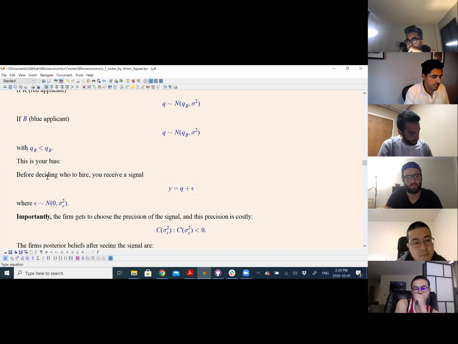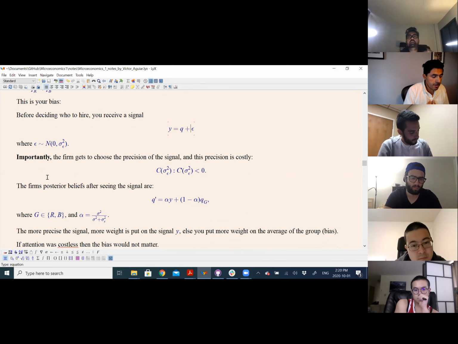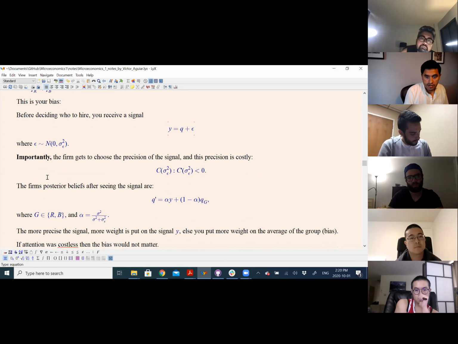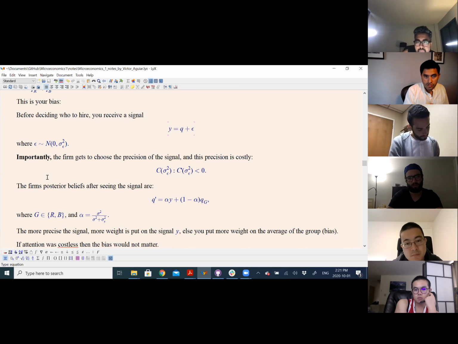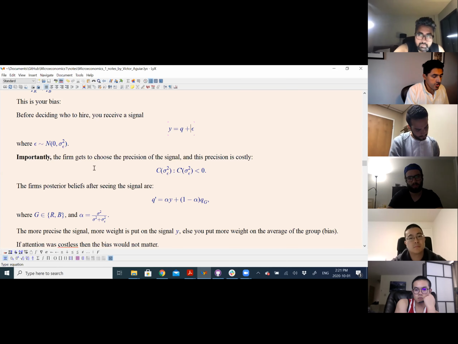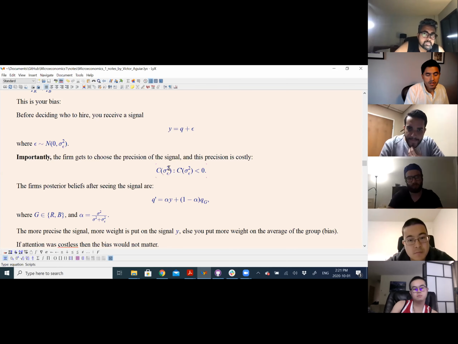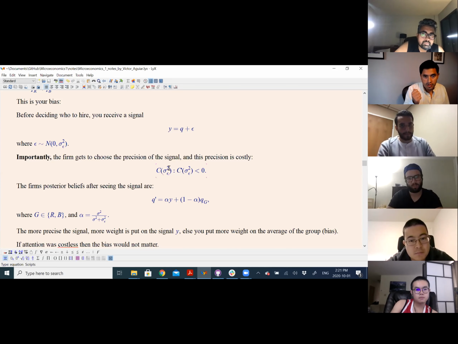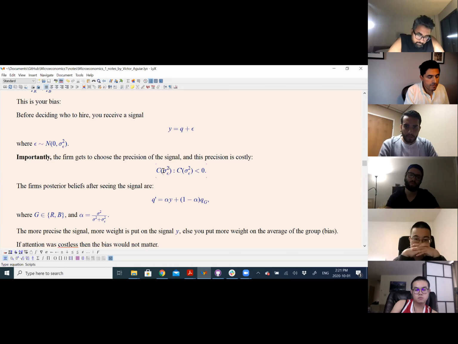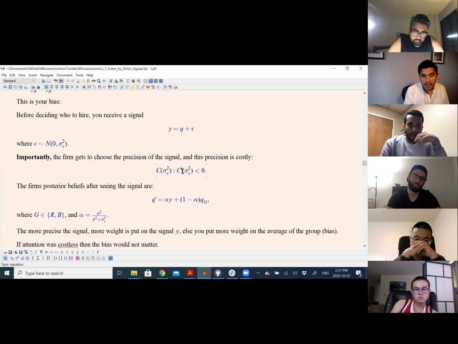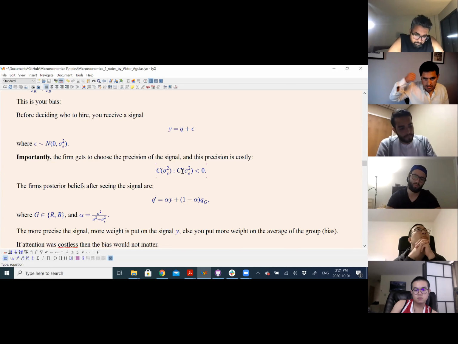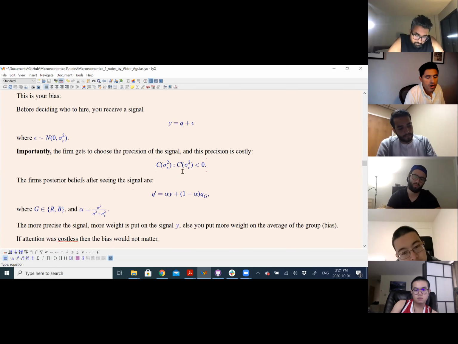So let me go through the steps. Everyone understands what the issue is, right? But the main problem is that the firm has a cost of choosing this epsilon. So I need to get again the value of information, and of course the cost of information. The cost of information is going to depend on the precision of the signal. This is how much attention I pay to the CV, the time I spend looking at it. So again, it's some C of sigma epsilon, and the first derivative is negative. Why? Because the more variance, the less costly. If you are more precise, you pay more. It's more costly to pay attention. You pay more hours to the HR person.